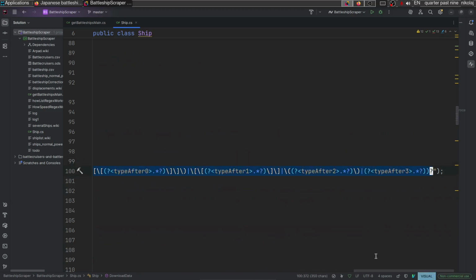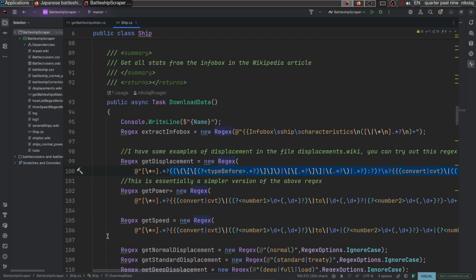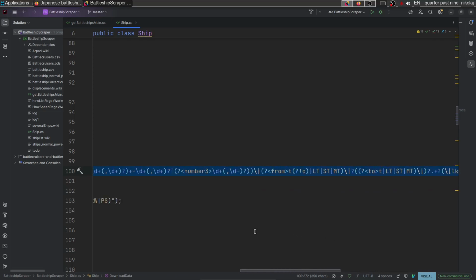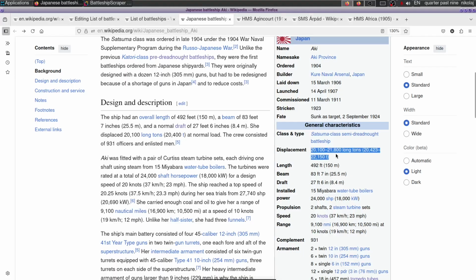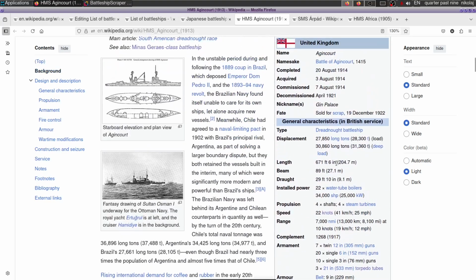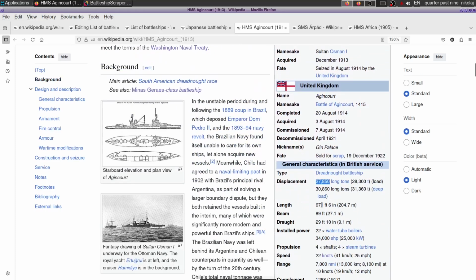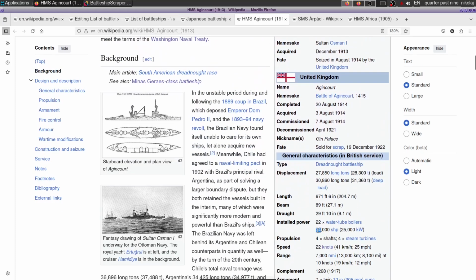It's an ugly regex because there are many different valid ways of writing a convert statement in Wikipedia, and my regex also needs to capture whether this is normal displacement or standard displacement or deep displacement, with all the different ways people might write that. But I have a regex I can use, and when I use this regex, I can get, in this case, I always go with the lowest number just for consistency if there are multiple numbers. In other cases, there is just one number, like here. So I can get this displacement, and using a slightly simpler regex, I can get the number of shaft horsepower